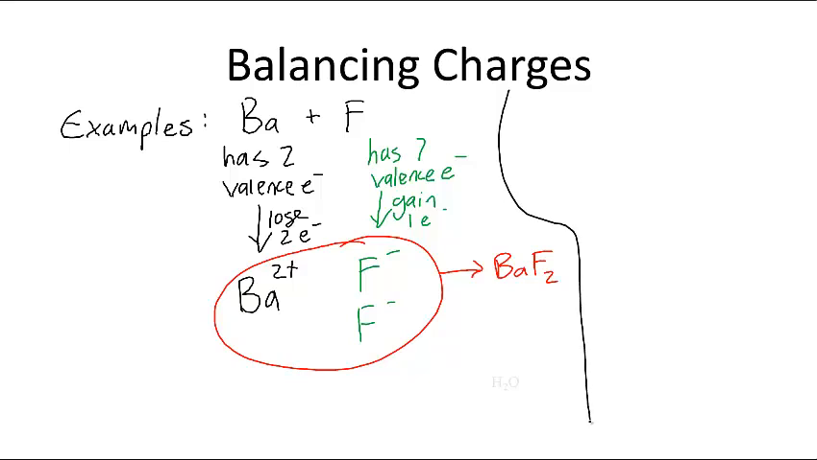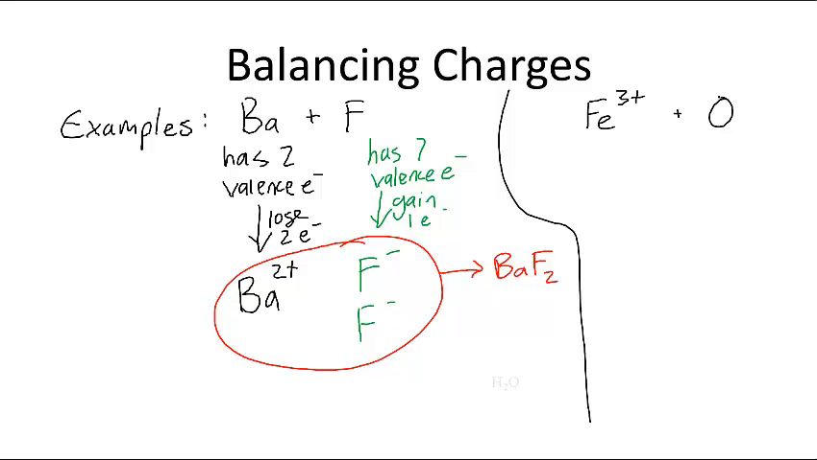Sometimes you'll have transition metals. With transition metals, there's no simple octet rule. So with transition metals, you need to be told what charge the metal is going to have. So for example, if I have iron 3+ and oxygen,